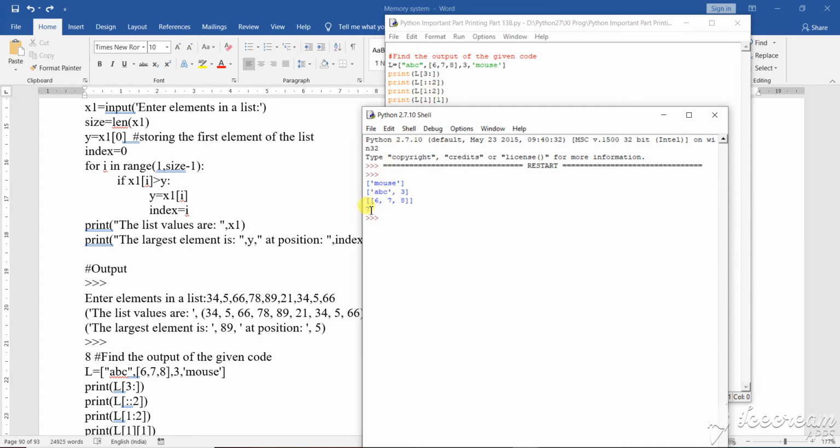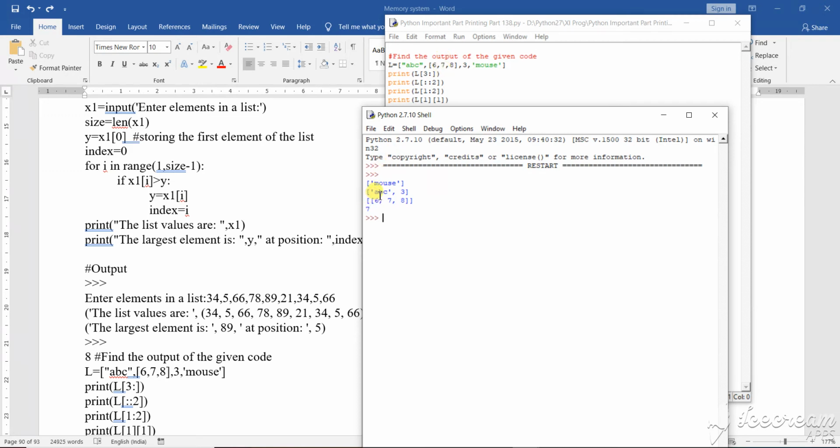Okay. The next one is 7. Why only 7? Because it started from 1, and there is no colon. See it: 1 means leave the first, then go to the next, and from there start again the values of the series, at the 1th position. Originally for the computer this is the 0th position and this is the 1th position. So it has asked only to print the 1th position value. What is the 1th position value? It is 7, so it has printed 7.